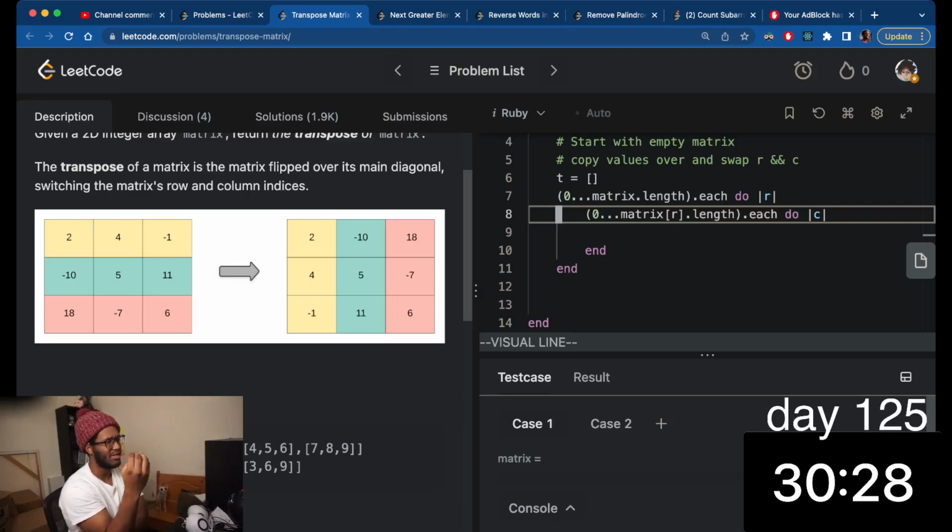You want to access the second item, which would just be the row, which would become column. Then we'd say